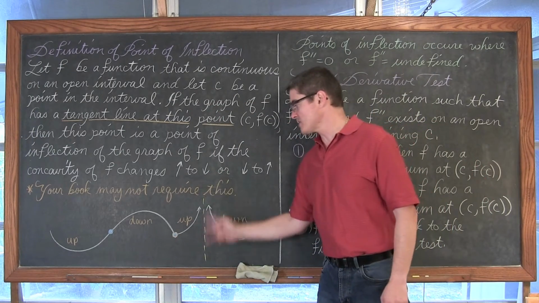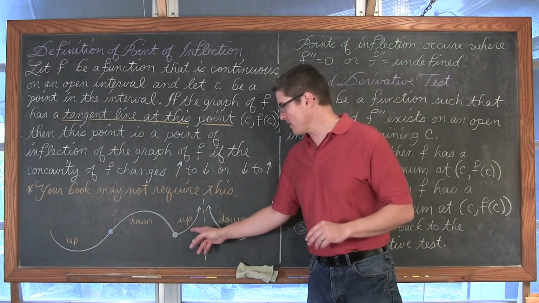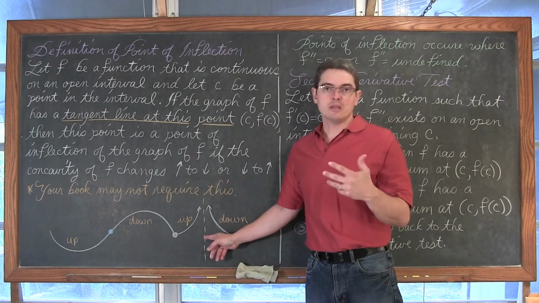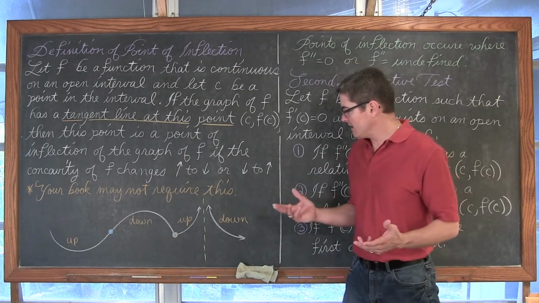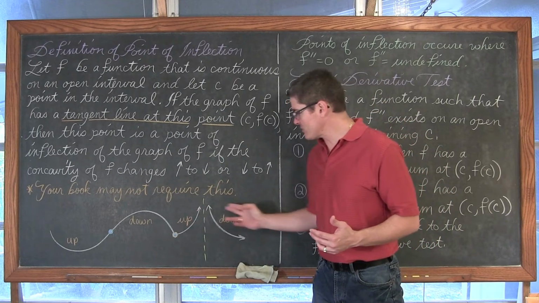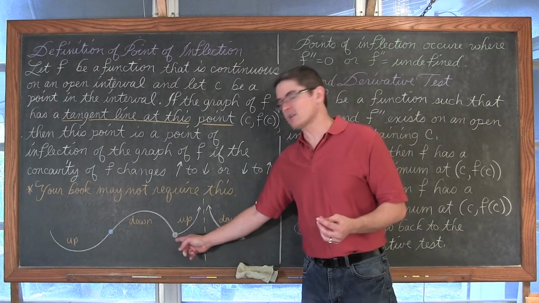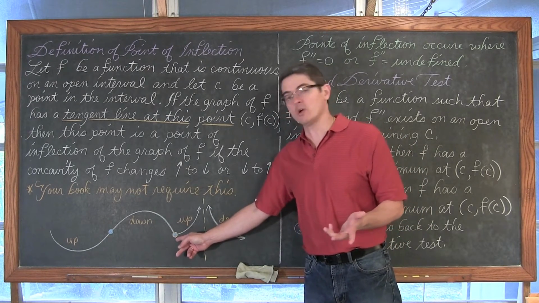Now, of course, if the function is undefined, then that's still one of the test point intervals. Remember that where the function has a discontinuity, or where the second derivative is undefined, to the left and to the right we have a change of concavity, but you can't have an inflection point if there's no point. And by the way, the second derivative would be undefined at a sharp bend as well. It's just my book's not going to call that a point of inflection.